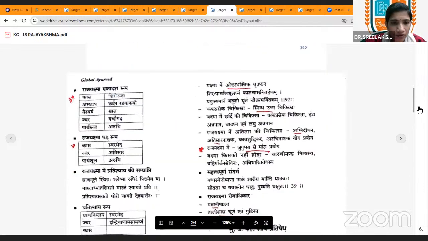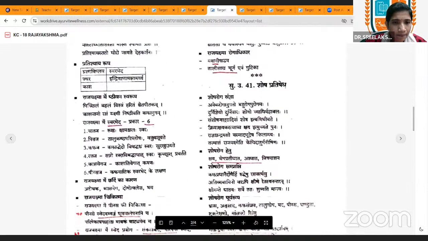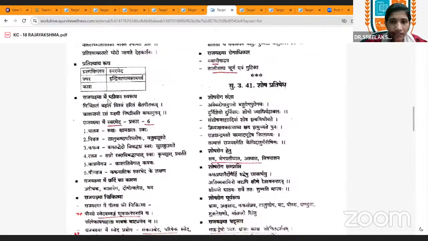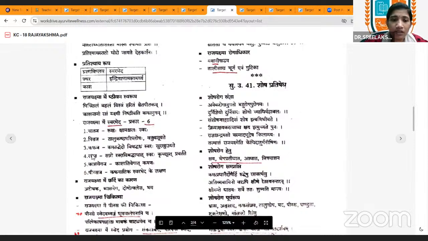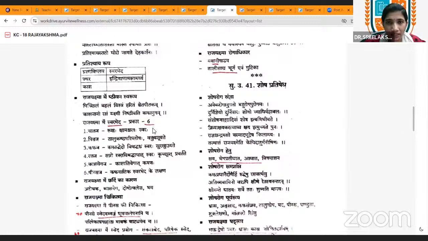Then in the Rajyakshma Nidana, the type of Swarabheda is also explained. Charakacharya mentioned the type of Swarabheda here, that is 6 types: Vata, Pitta, Kapha, along with Rakta, Kasa, Pinasa included as the types of Swarabheda. So Swarabheda is 6 in number, actually. In Charaka Samhita, of the 6 types of Swarabheda, these 3, Rakta, Kasa, Pinasa, are additionally added.